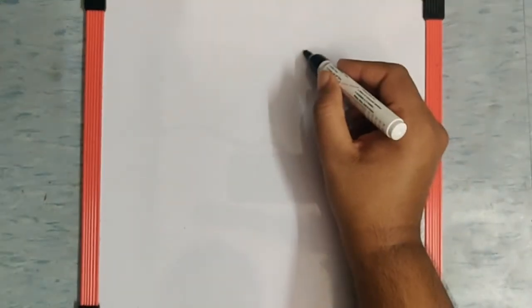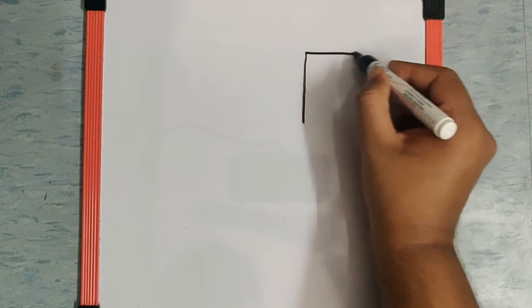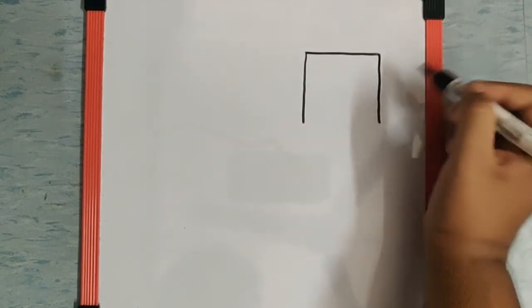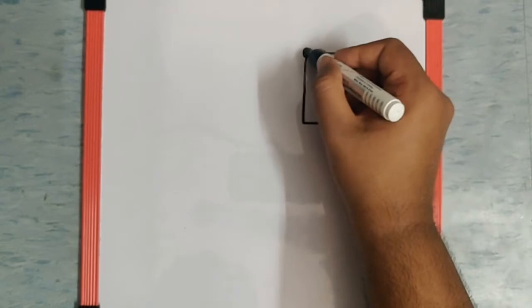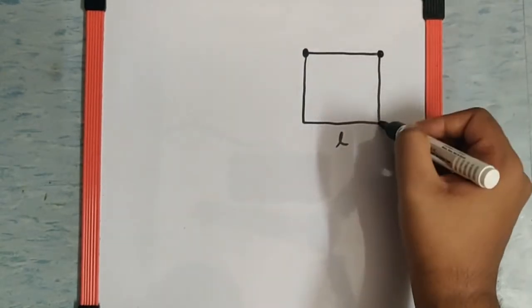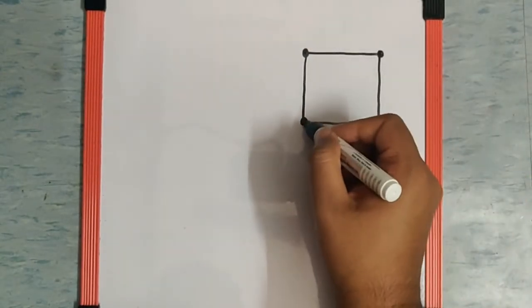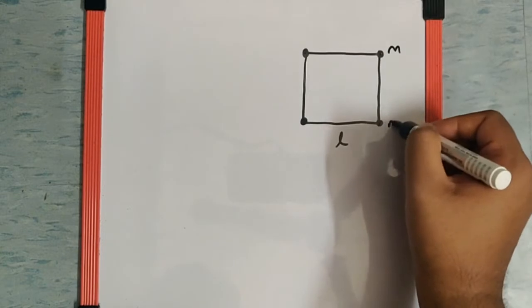The next question says 4 particles each of mass m are placed at the corners of a square of side length L. The radius of gyration of the system about an axis perpendicular to the square and passing through the center is. Now what they are trying to say is, this is the square of side length L where there are 4 particles placed at the corners of the square, each of mass m,